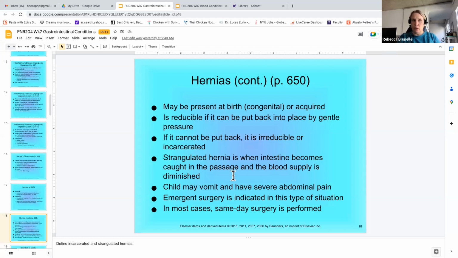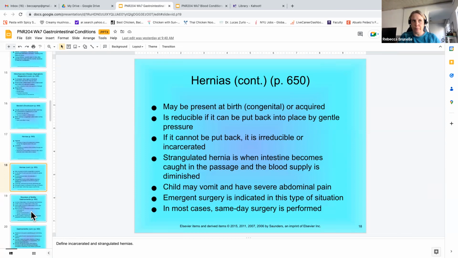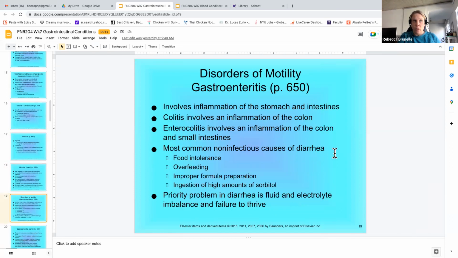So then, children that need surgery, you expect them to be in pain and to have vomiting. And once it's diagnosed, they usually go that day. Generally speaking, they're able to reduce it, get it back down, and they tend to live a normal life from that point forward. So those are all of the things that you can be born with that have to do with your GI tract. And now we're going to talk about ingestion, poisoning, worms, vomiting, diarrhea, things like that.